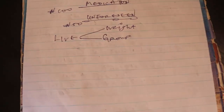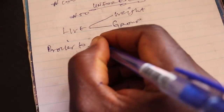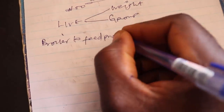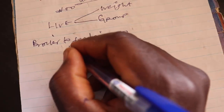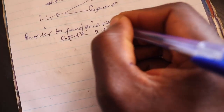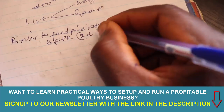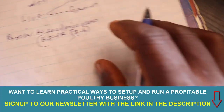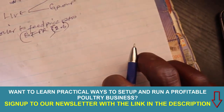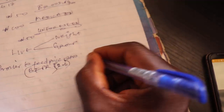There is something we call the broiler to feed price ratio. I think I should write it in full: Broiler to Feed Price Ratio, or BFPR. It's a constant. It's normally 2.6. It can be more than this, but for you to make profit, it shouldn't go lower than 2.6. Now this has its own formula. The economists will understand this better. For you to determine the selling price, the formula is selling price